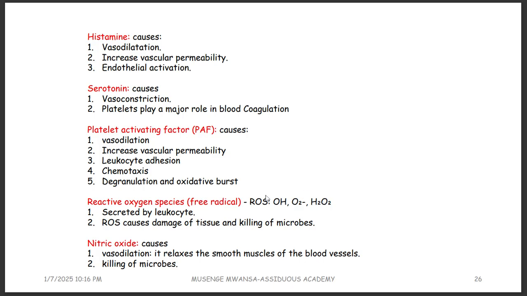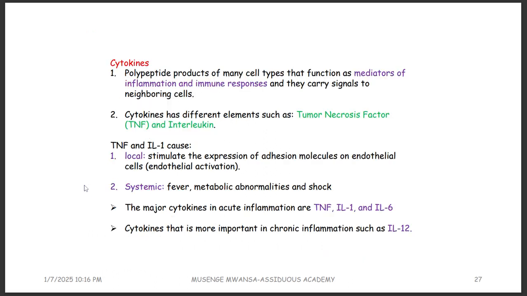Superoxide, hydrogen peroxide, and the hydroxide. Nitric oxide, I said it is a vasodilator just like the histamines and the platelet activating factor. It's also used in killing microbes. Cytokines, these are known as mediators of inflammation. They're the ones that mediate inflammation, like tumor necrosis factor and the